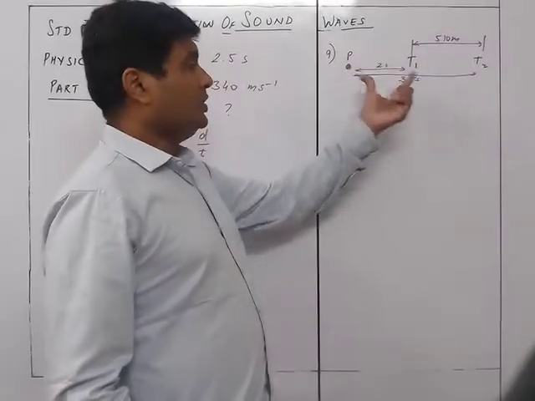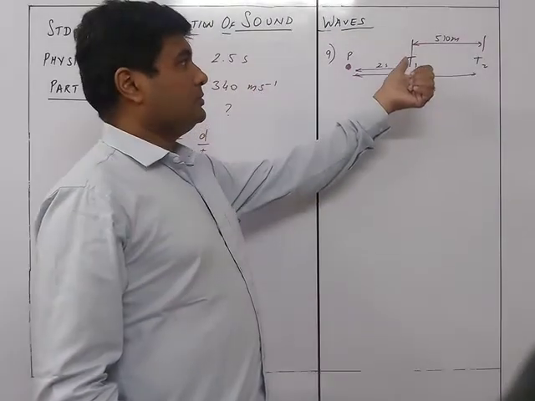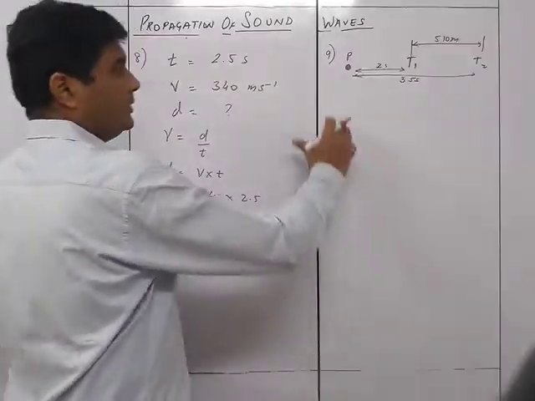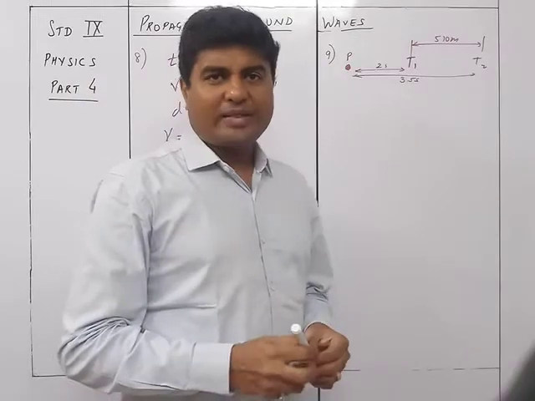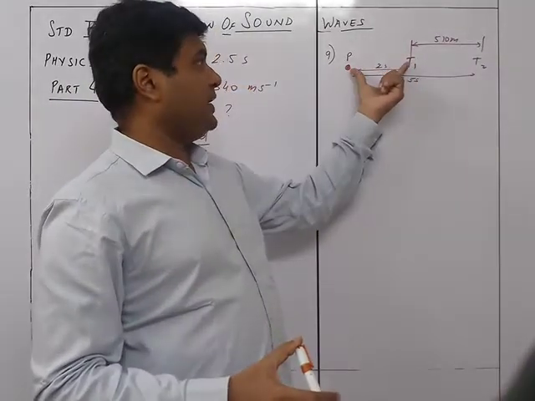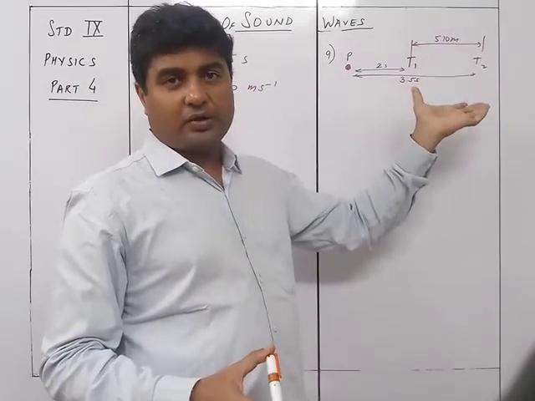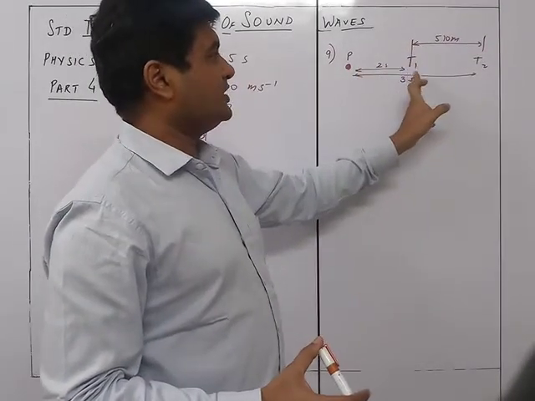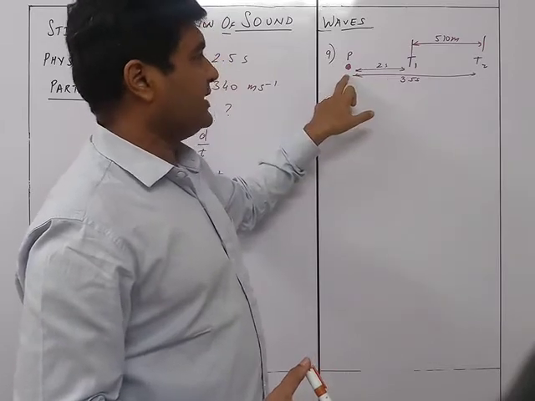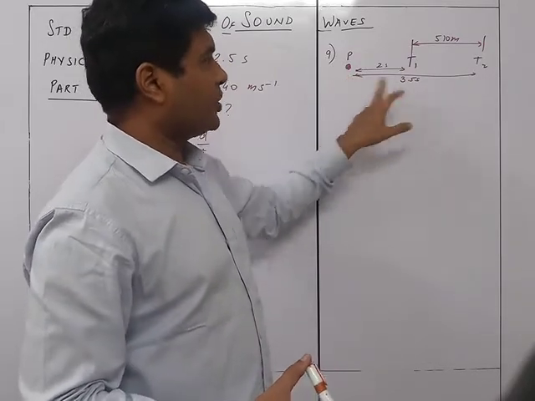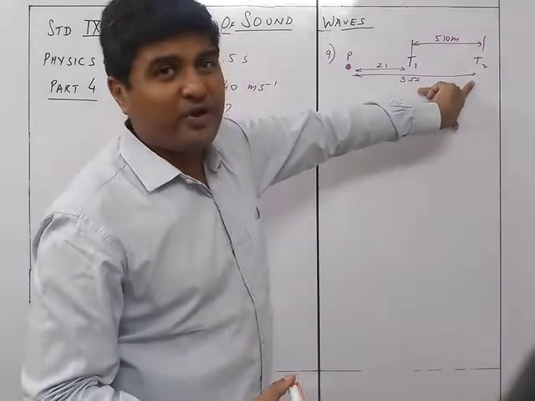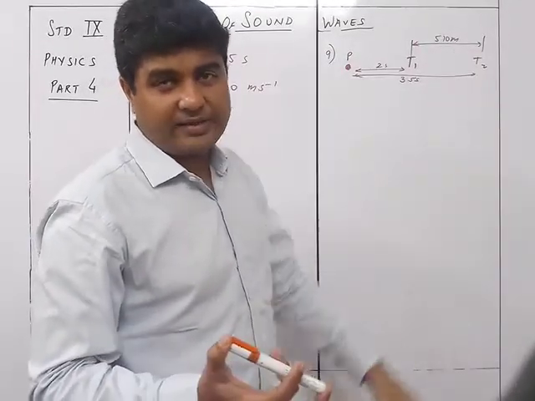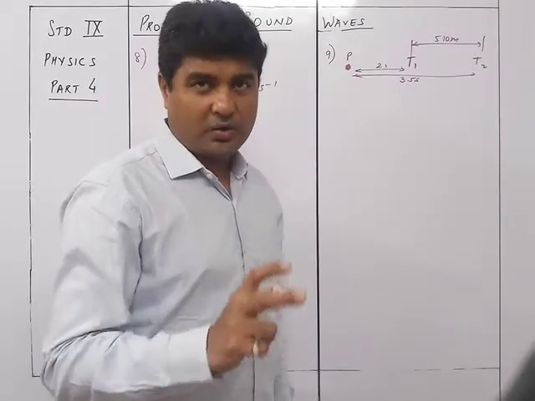Got it? We want to find out the speed of sound. There are two methods of doing it. Find the speed for this one, find the speed for that one, and then evaluate. Or you can also say that from here to here it is 2 seconds and from here to here is 3.5, so automatically from here to here it will be 1.5 seconds, for 510 meters, so you get the speed. But we won't do it that way, we'll take the longer one.